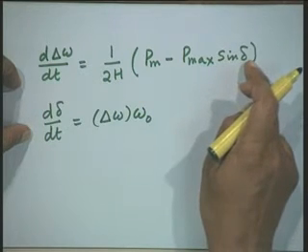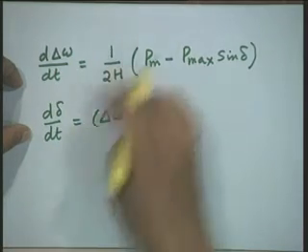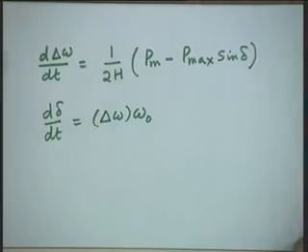Now, these two equations are coupled equations, that is, you will find that in this equation the delta term comes, while in this equation the delta omega term comes. Therefore, in general, if you take any problem for a stability analysis, you will get a set of ordinary nonlinear differential equations, but they are all coupled nonlinear differential equations. Now, let us see how we apply the trapezoidal rule of integration and what equations we will get.